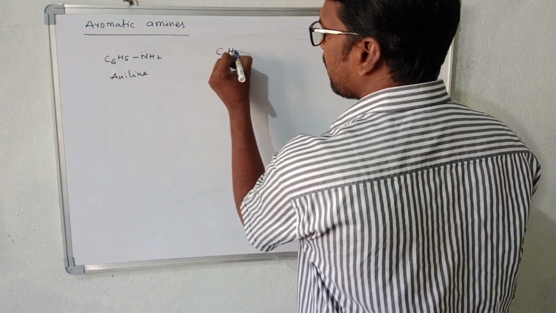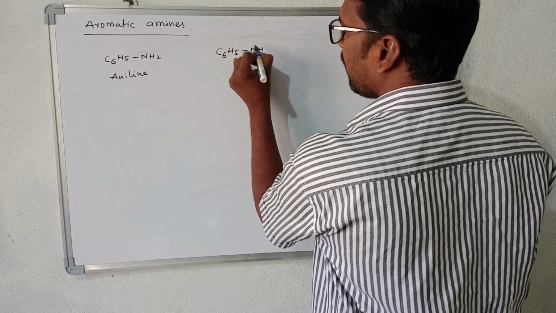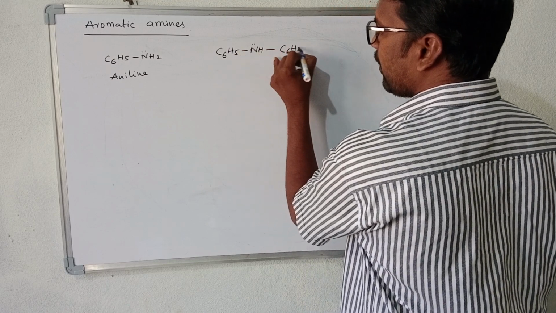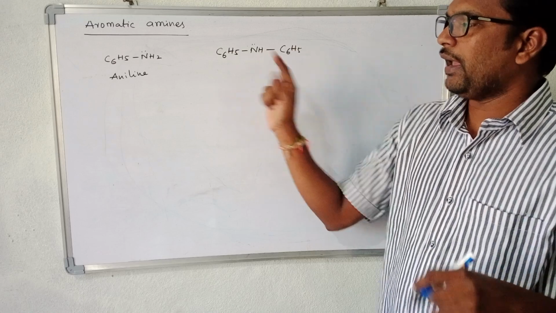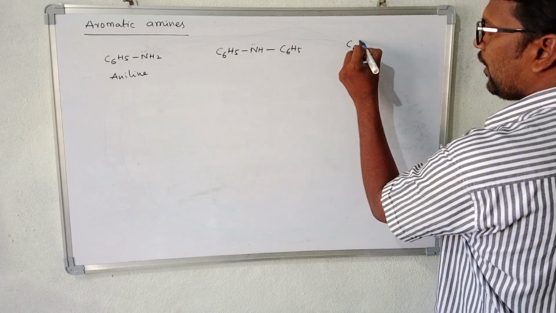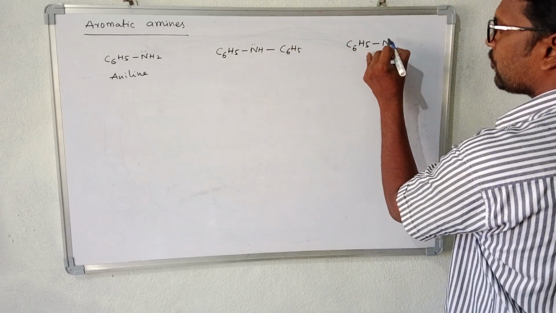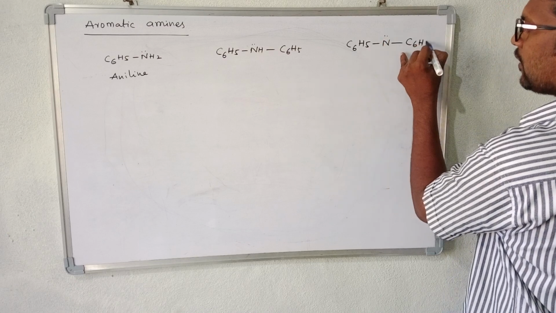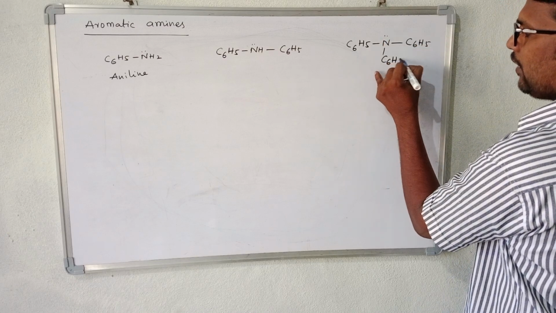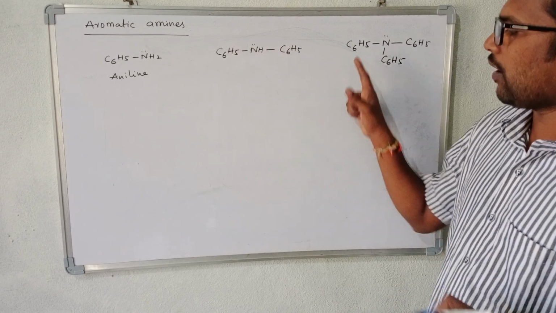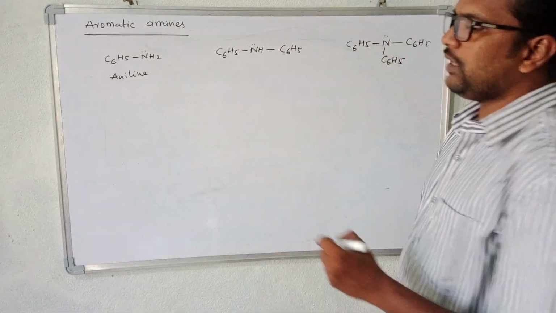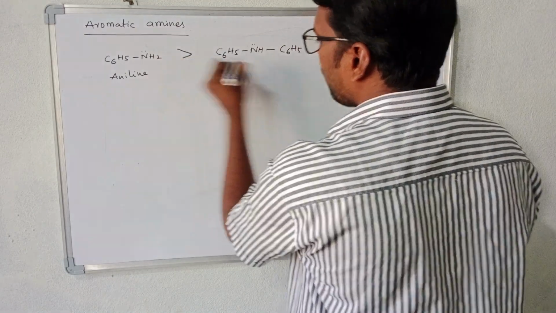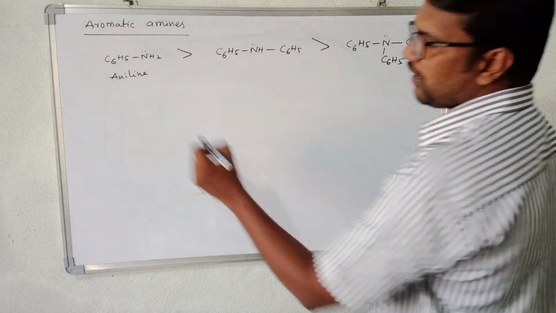Now we take another one, C6H5NHC6H5, diphenylamine. It is aromatic but a secondary amine, NH is present. Now we take another example, C6H5NC6H5C6H5. It is an aromatic tertiary amine, triphenylamine. When you compare the basicity of these three, aniline is more basic than the other two, because here